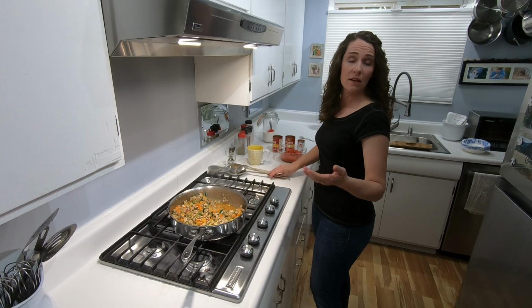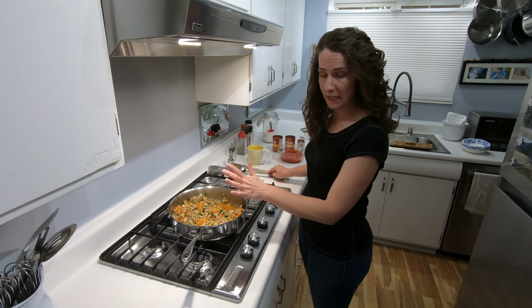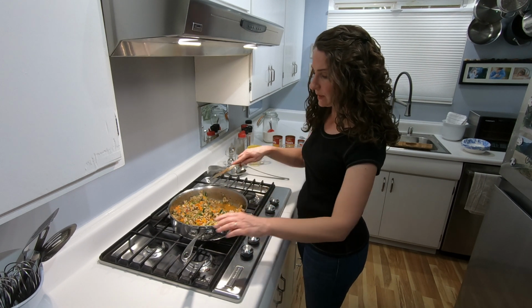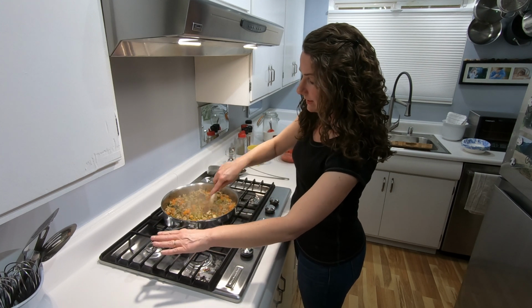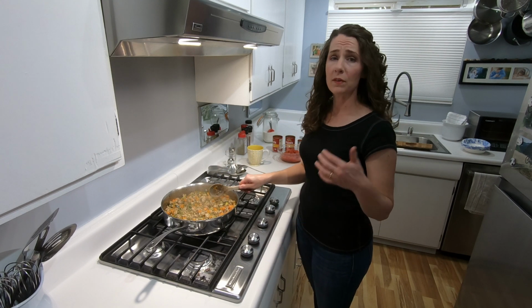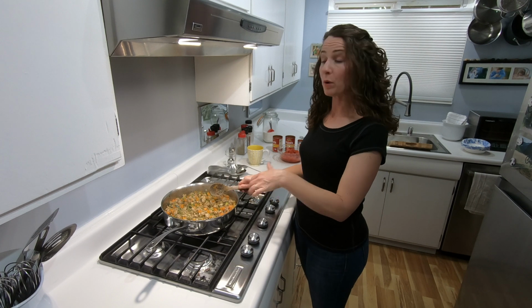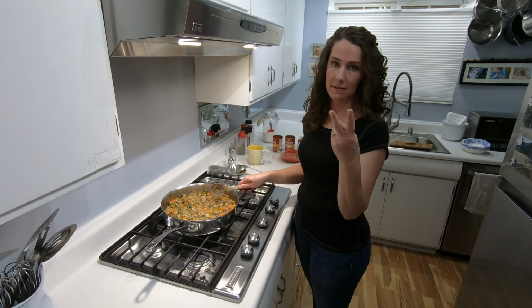And again, there are some weeks I have a ton of liquid that needs to come out, not a lot of liquid here, so we're going to move on. I'm going to turn my heat just to low at this point and continue stirring, because this is the point where we are going to add our tomato products. If you're in a pinch and you just have a jar of tomato sauce or pre-made tomato sauce, go for that. I use 2 cans of